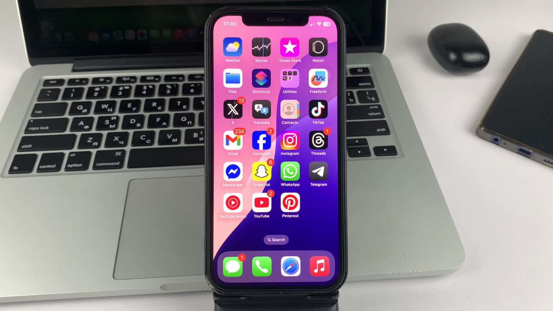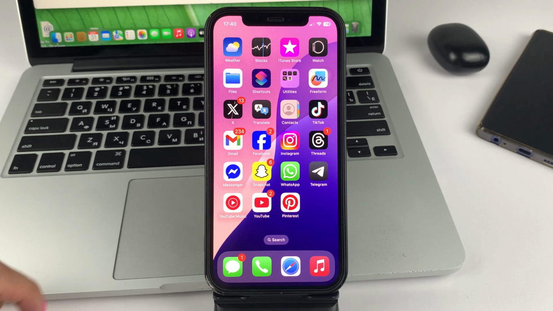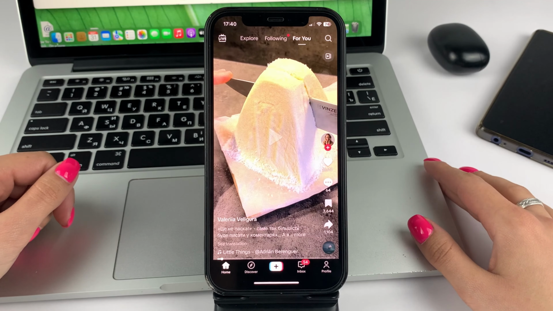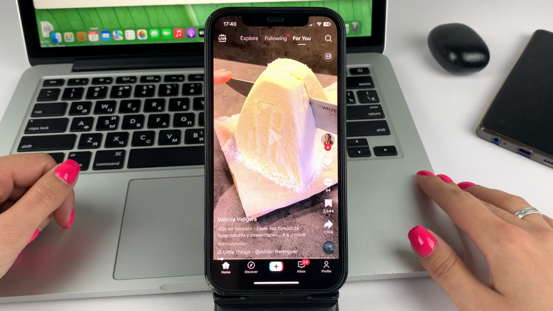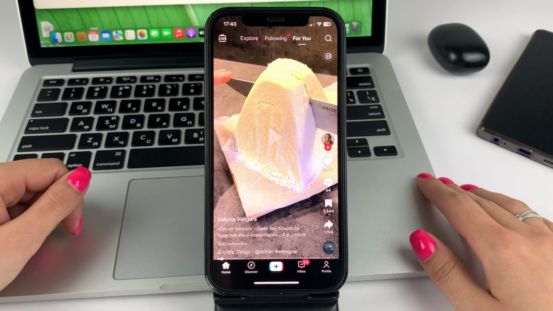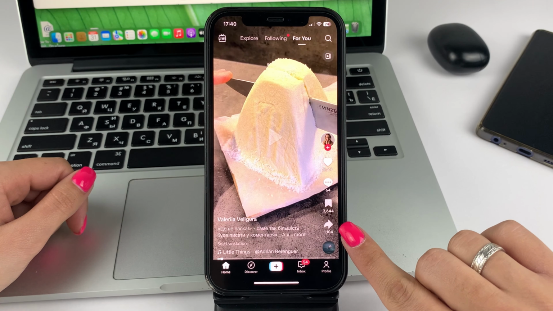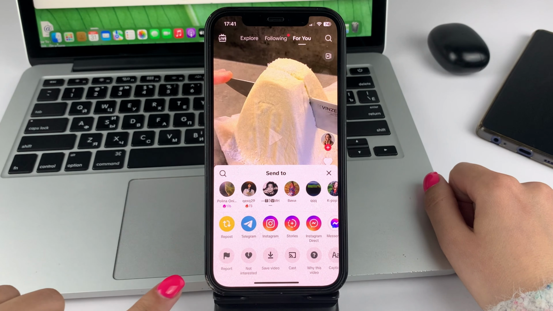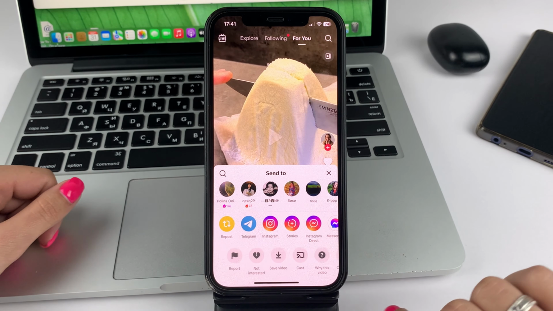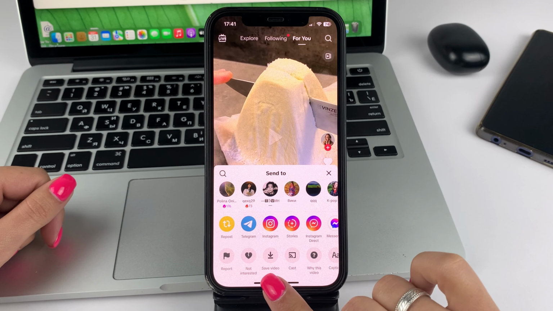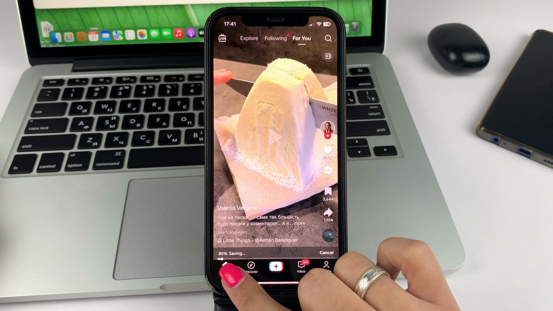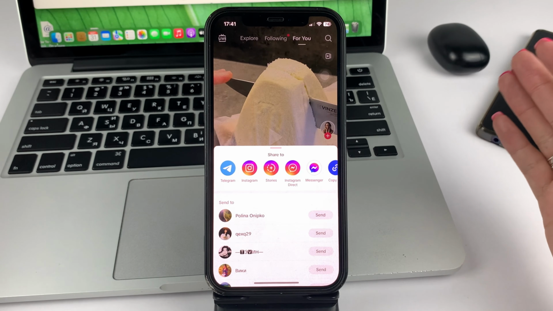Let's get down to our topic. Please open the TikTok app on your device. Then find the video you would like to upload. Next, you will need to tap on the bottom right side on the arrow. And now in the bottom gray menu, you will see an option to save the video. Please click on that option, and you'll see a percentage countdown start when the download is complete.